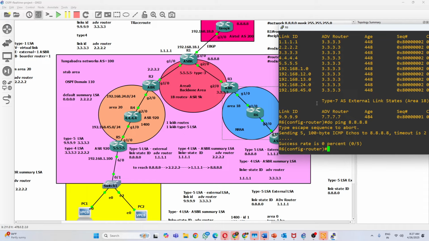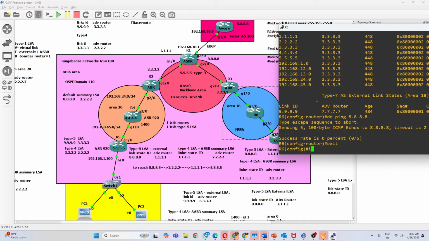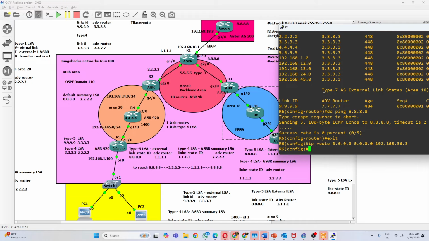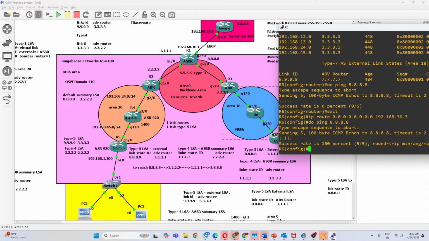So I'm on here, right? You can go here, ip route 0.0.0.0 0.0.0.0. What is the gateway here? 192.168.36.3 is my gateway. That's it. Now do ping 8.8.8.8. It will ping now. See, you can inject it. Without the default route, it won't inject any default route and it won't ping. Same thing you can configure